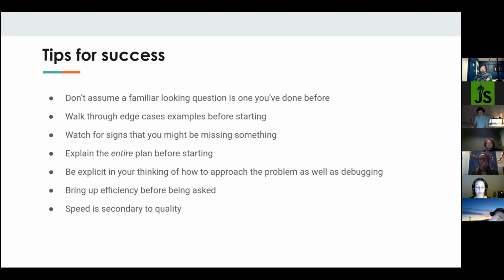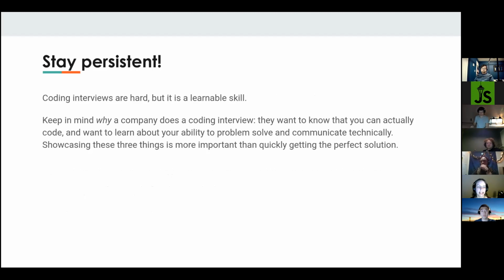speed is secondary to quality. Never try to rush through it because you want to get it all done, when that might cost you efficiency or code cleanliness or get you caught in trying to figure out the logic. And then finally,